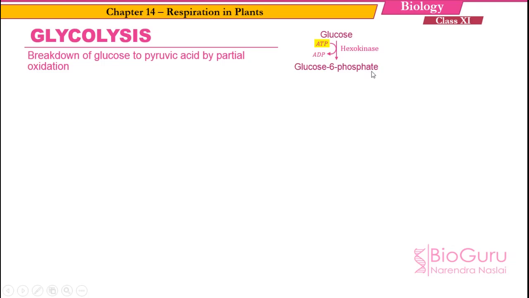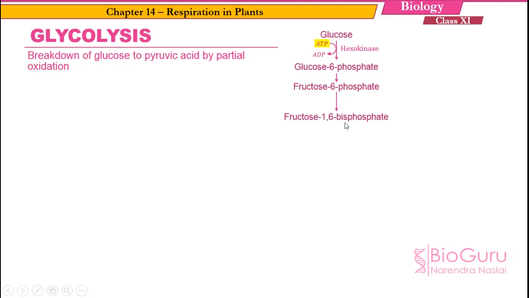Next, glucose 6-phosphate is converted into fructose 6-phosphate. In this particular reaction, the glucose will be converted into fructose and the rest of the things will remain the same, right? The glucose 6-phosphate is now converted into fructose 6-phosphate. Now this fructose 6-phosphate will be converted into fructose 1,6-bisphosphate. That means to this fructose 6-phosphate, one more phosphate group is attached at carbon number 1. So because of that, now it is called fructose 1,6-bisphosphate. Bis means here two phosphates. Clear?